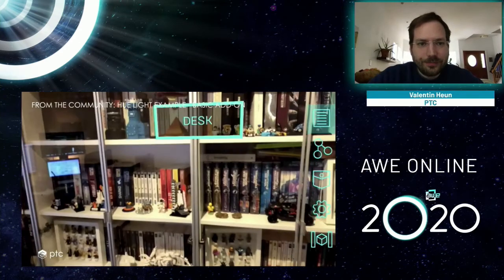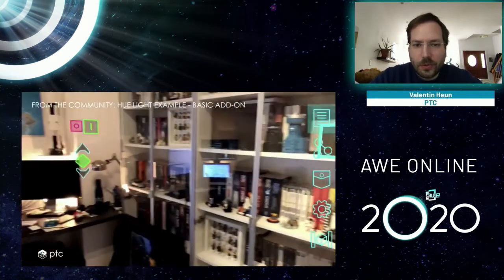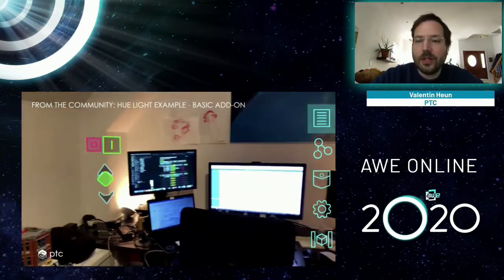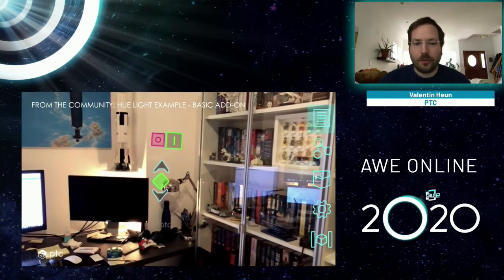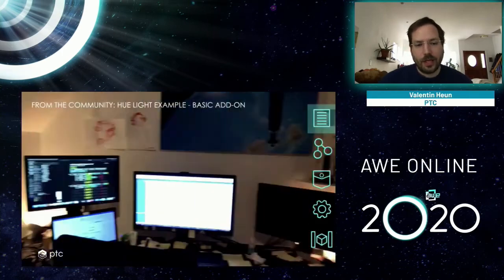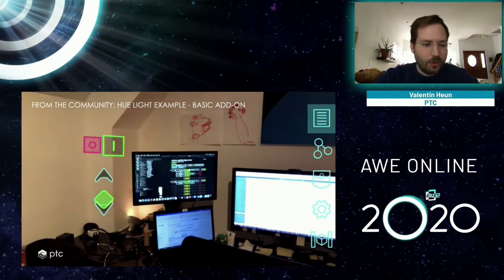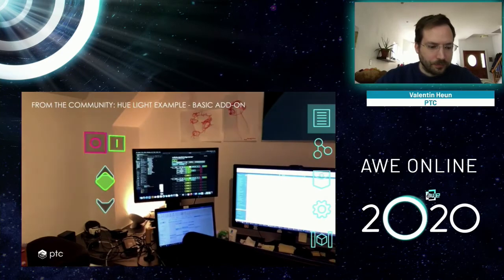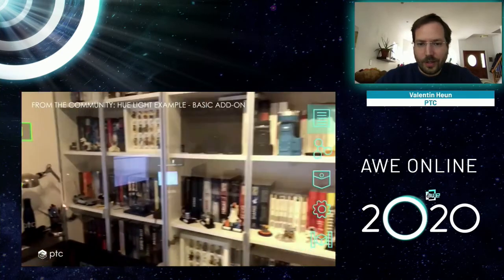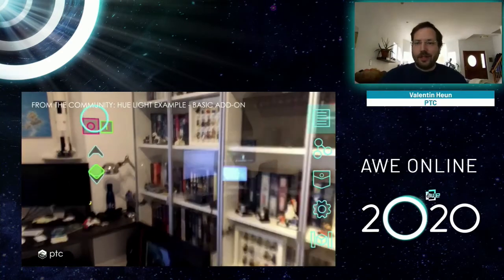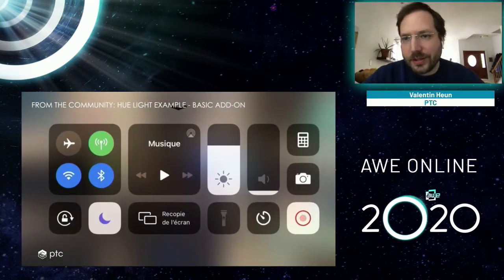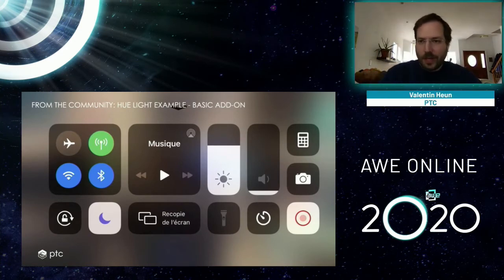Another example from our extended community is basically using the area targets to track your entire home and then connect your Philips Hue lights with the system. So you have augmented reality interfaces now that you can precisely control the lights around you in your home. Okay, so this is the Spatial Toolbox. That's what we enable. That's where we further explore this and really make this a foundation for spatial computing and